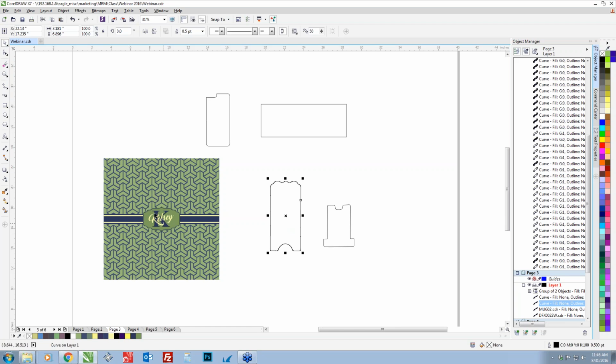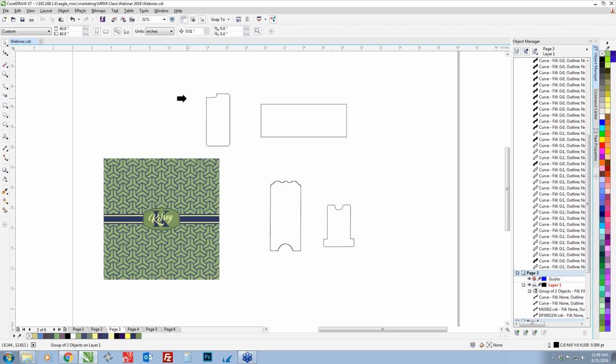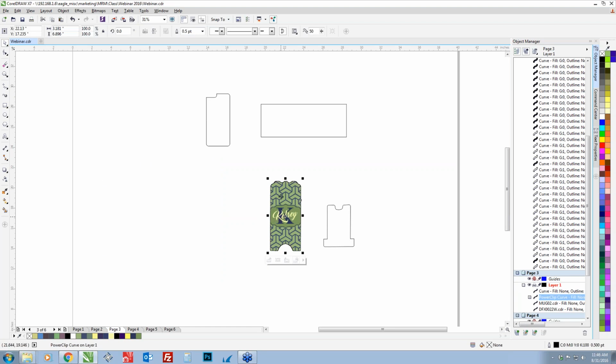So to power clip, to get this to fit inside of here, what we're going to do is make sure that it's selected by clicking on it, right click, go to power clip inside, and then this nice big arrow comes up. Just click on the outside line of your template and it fits it in there. As you can see, it doesn't really fit the way I want it to,